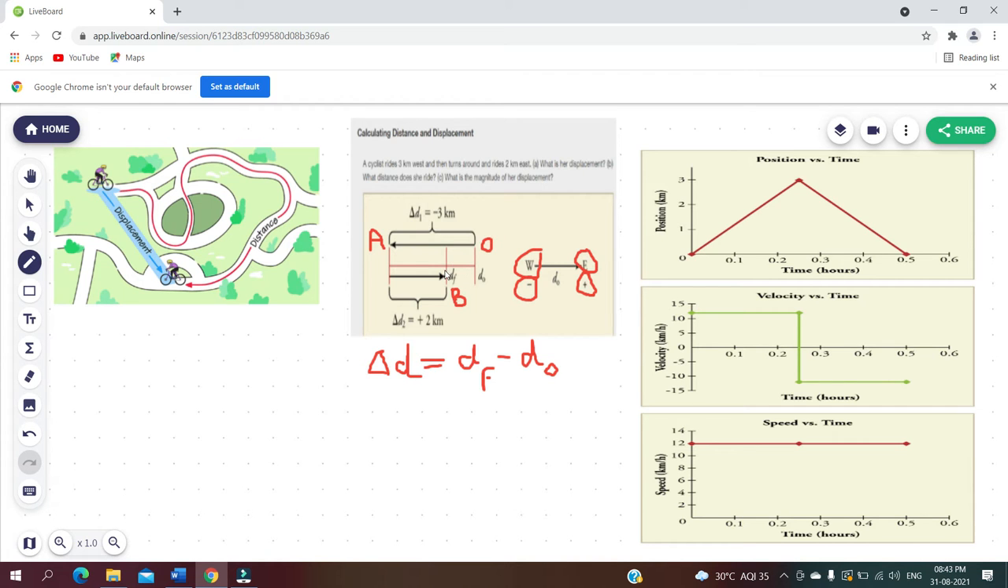So what will be this final position value? Final position will be equal to the sum of two displacements, delta D1 and delta D2. So DF will be equal to the sum of two displacements, which is minus 3 plus 2. It comes out to be minus 1 kilometer. So net displacement will be equal to